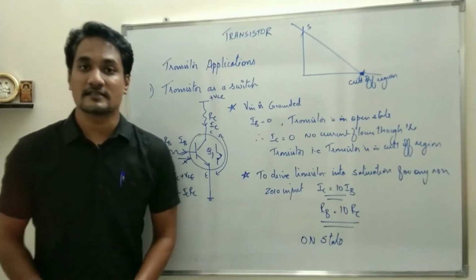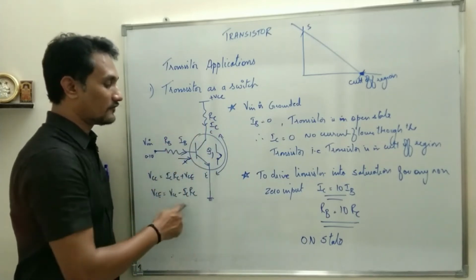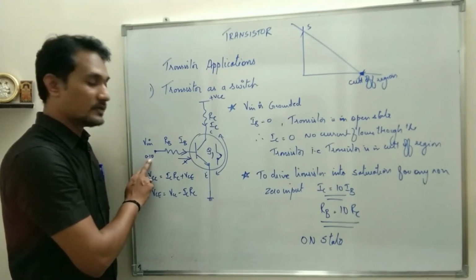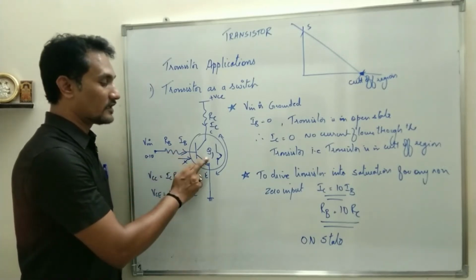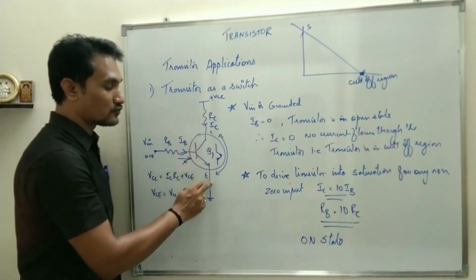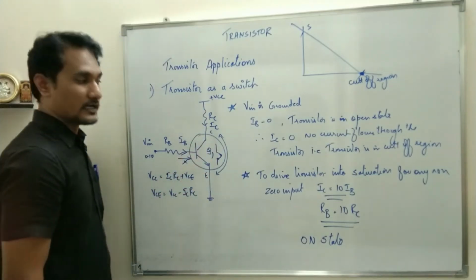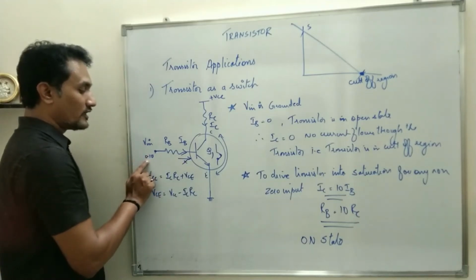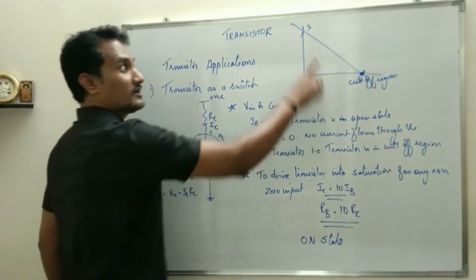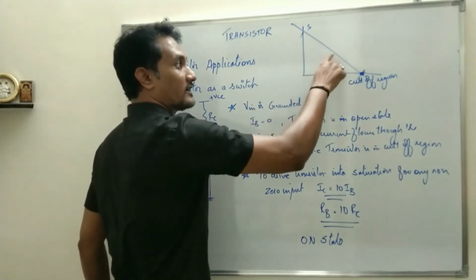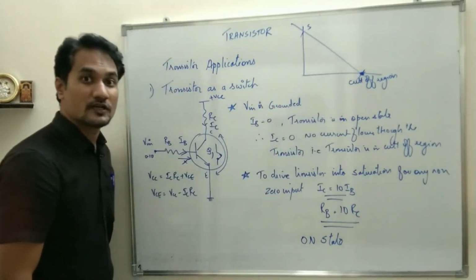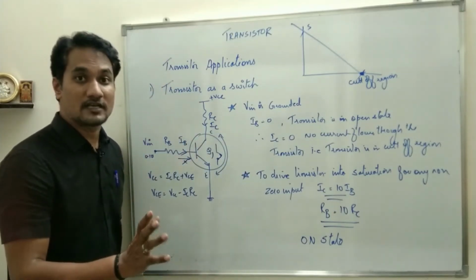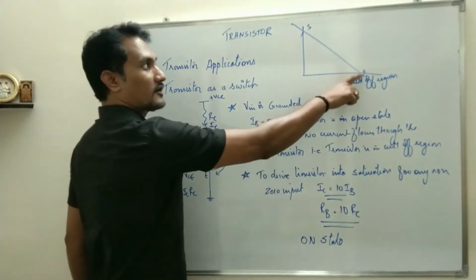So what are the conditions? As I said, first we have drawn common emitter configuration with only single supply, right? And then for Vin to be grounded, IB will be 0, transistor will be in cutoff region, that means open state, no current flows through the transistor, it will be working in off state. And in second case, for any given input voltage, the transistor should be driven directly into saturation region, nowhere in the active region. It should be driven directly into the saturation region, because if it went into active region, it would work as an amplifier. We don't want that, we want it to work as a switch, so it should go from cutoff directly into saturation.